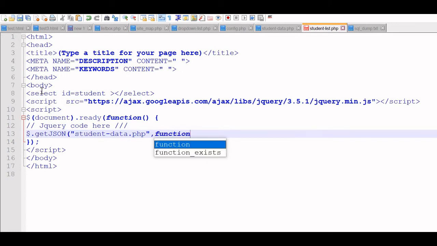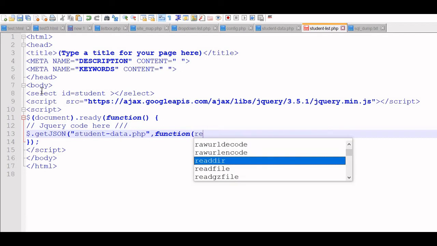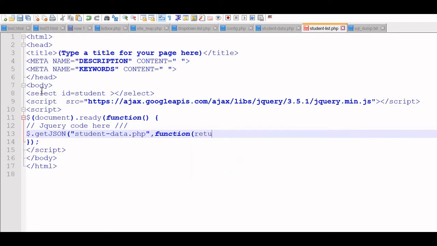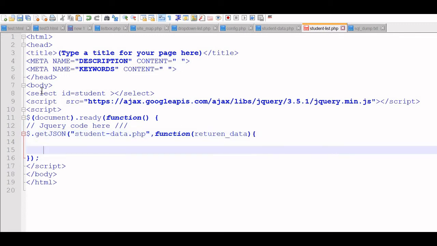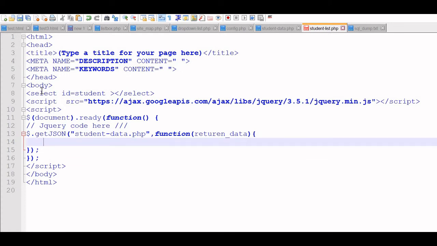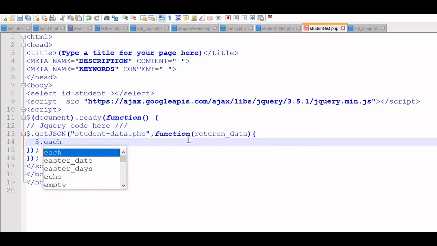Now let us write the function. It will return data, which is our variable where we will be holding the data. Now let us close this. Within this we'll write our code. Now we'll be looping through this. We'll first loop through the return data, which holds the JSON string.